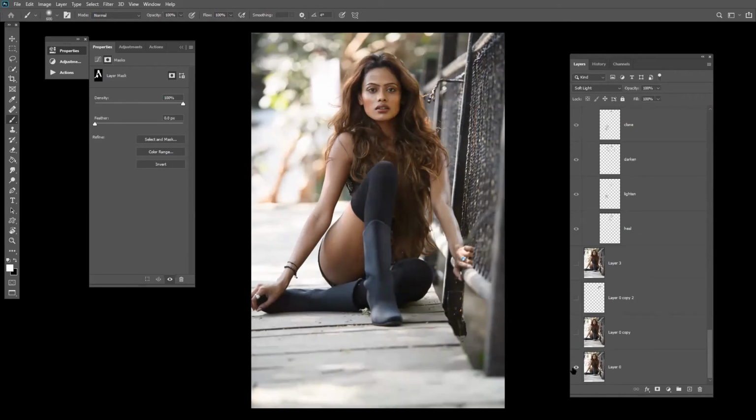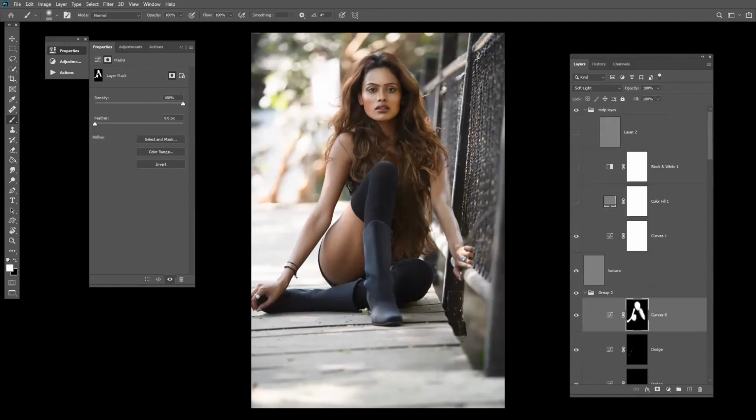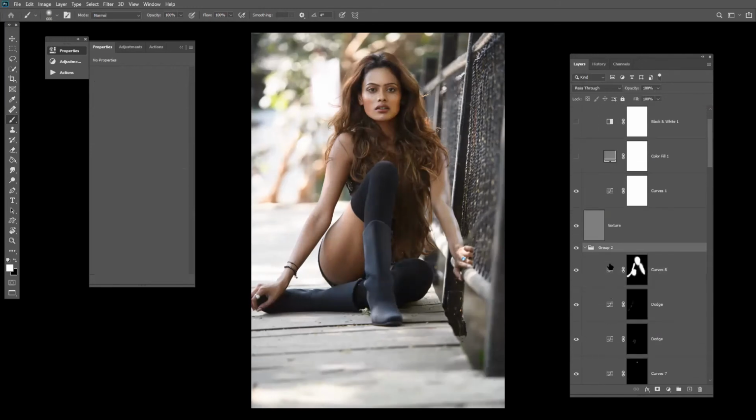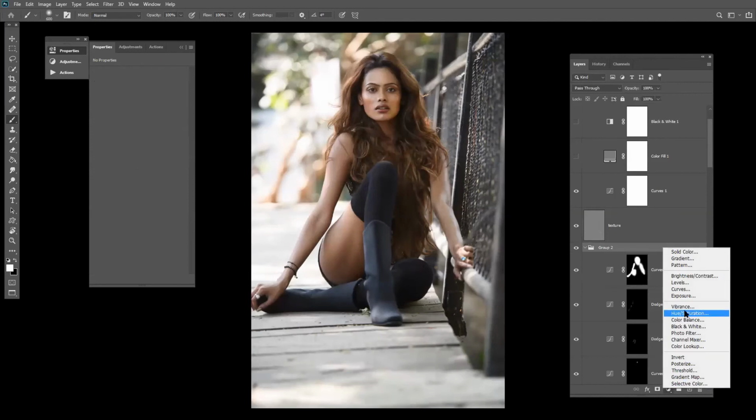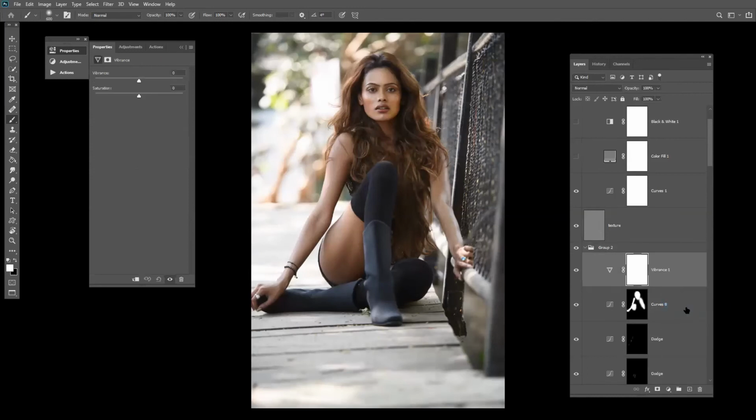So right now from here, we have come to here. Let's now pop up the colors a little. Go to vibrancy. Keep up the dodge and burn layer.